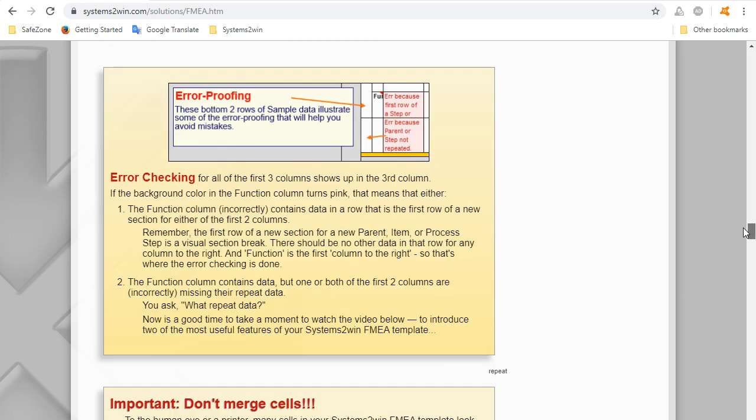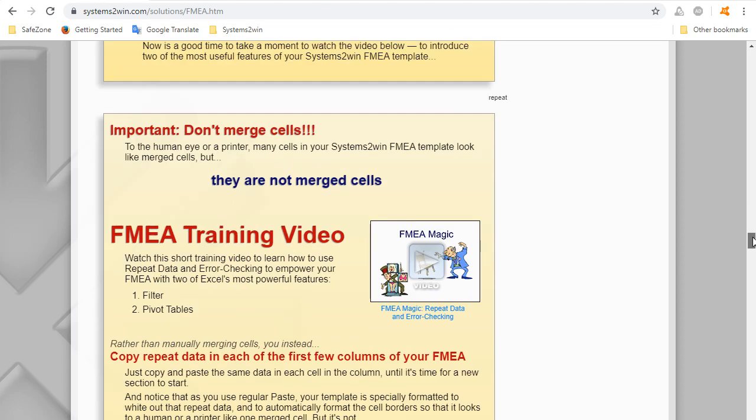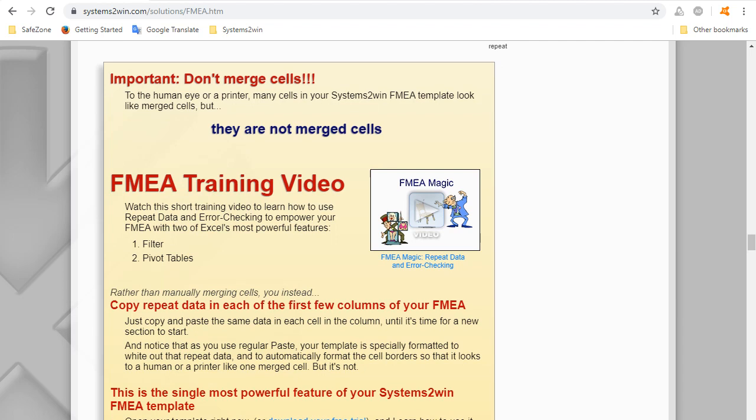And we're going to assume that you didn't skip this online training that explains the error checking features of your template and this training video that explains and demonstrates error checking, as well as the repeat data features that magically make cells look to the human eye or printer like they are merged cells, but they're not.